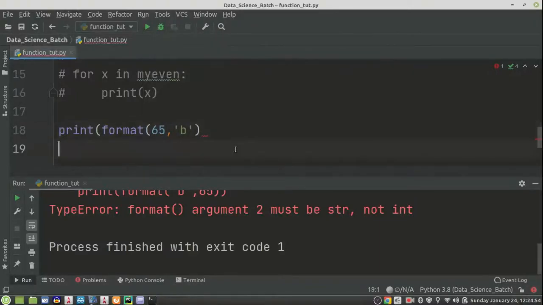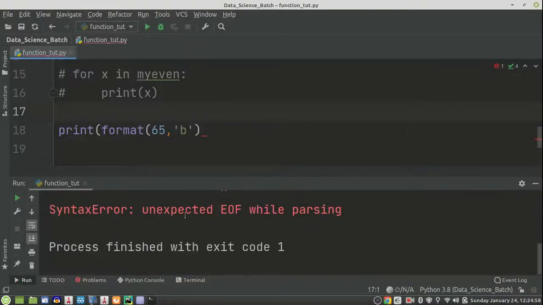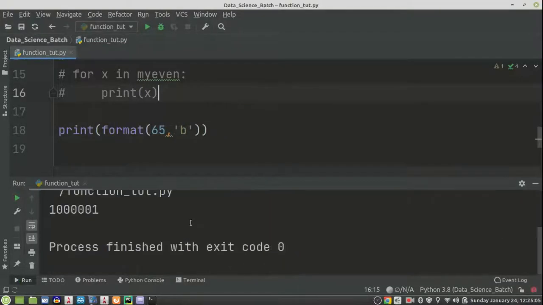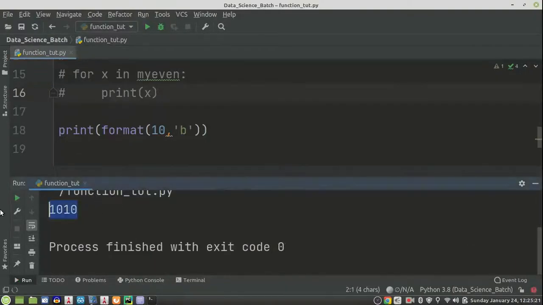So here I will write b, and then if I run the same, okay, and now here we got the output, that is the binary of 65 is 1000001. In the same way, the binary value of 10, we know 1010, and here we got the output, that is the binary of 10 is 1010.